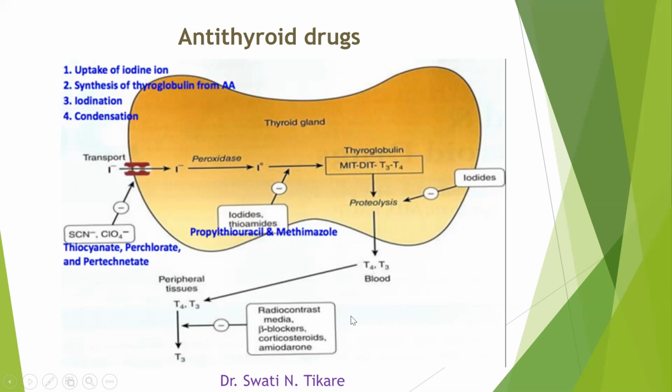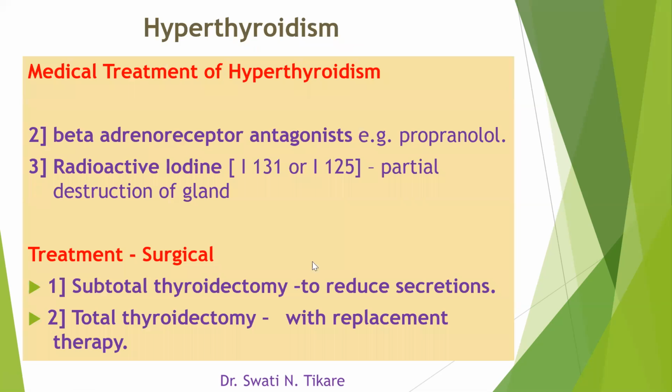Among the beta blockers, the most prominent one we use is propranolol. Okay, so many drugs can be used to reduce the T3, T4 formation. Hence, they are called the anti-thyroid drugs. So the next drug is, okay, we have also included peripheral conversion for avoiding, beta adrenoreceptor antagonist, the same as the beta blocker I was telling, propranolol. Then radioactive iodine can also be used. It helps in partial destruction of the gland. If we overdo this, the patient may become hypothyroid.